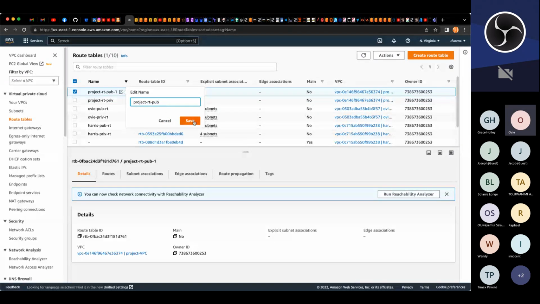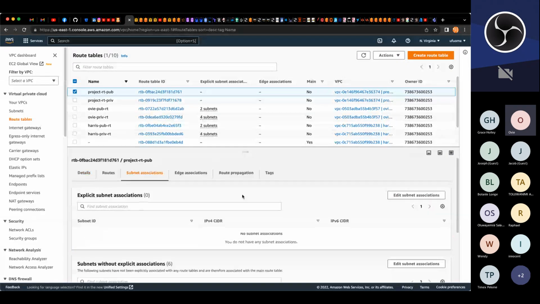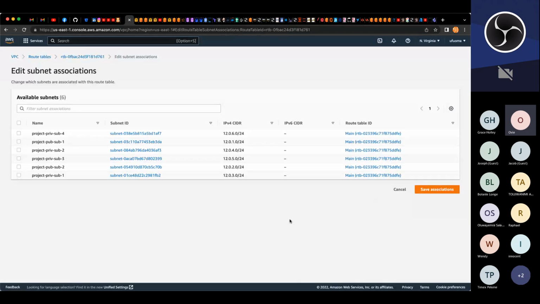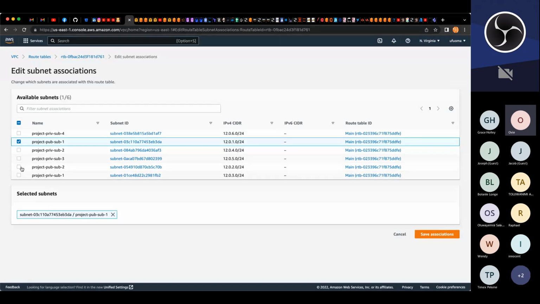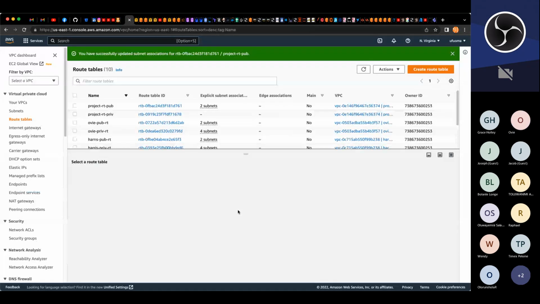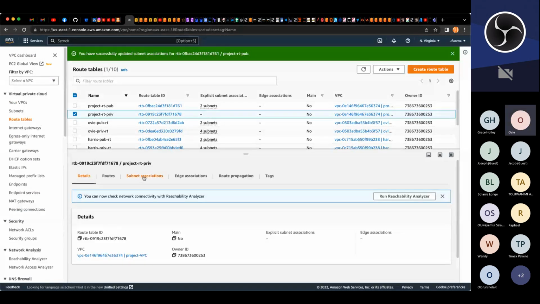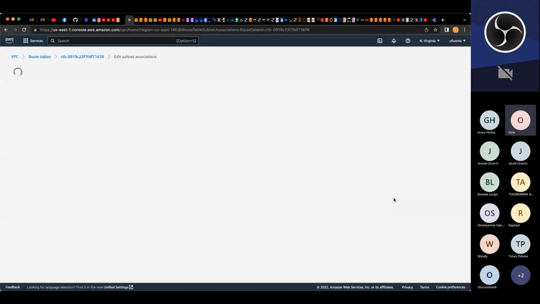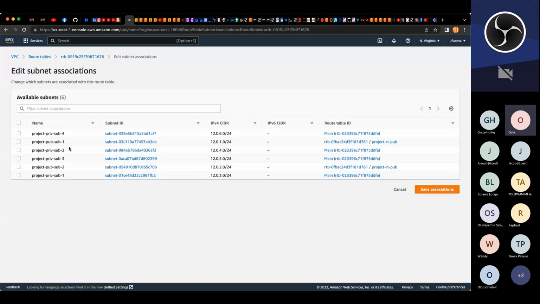Okay, so we pick the public one. The first thing we do is associate our subnets with it. And we look at the schematic. What subnets are we assigning to our public? We are going to assign the public subnets to our public route table. If you look at that, we have public 1, that's the first one, and public 2, that's the second one. We assign them to it, right? And then we go to our private route table. We go to subnet associations, click edit, and we are going to